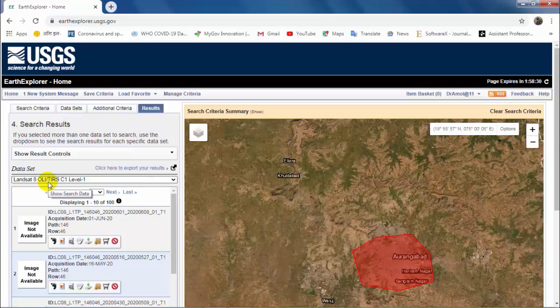I will explain how to use hyperspectral data for your research or any type of research. I can show you because I have already done my PhD in hyperspectral and multispectral data, so as per my knowledge, I can show you the demo.